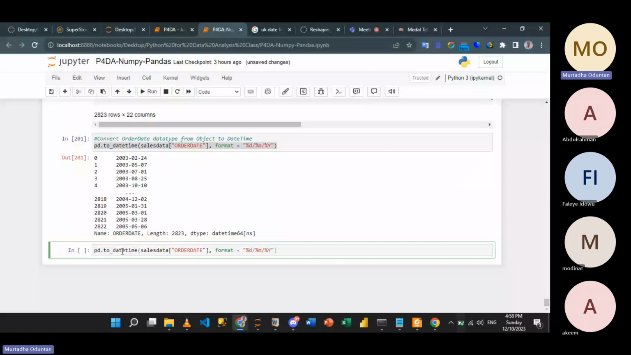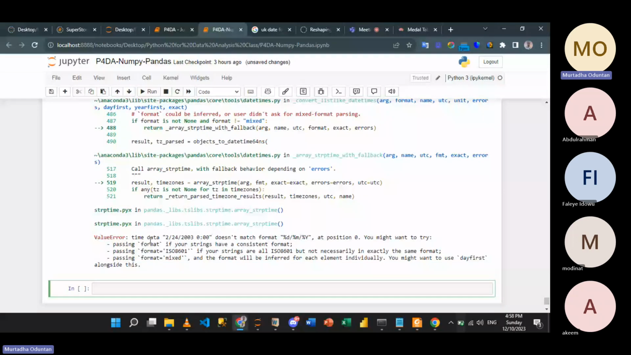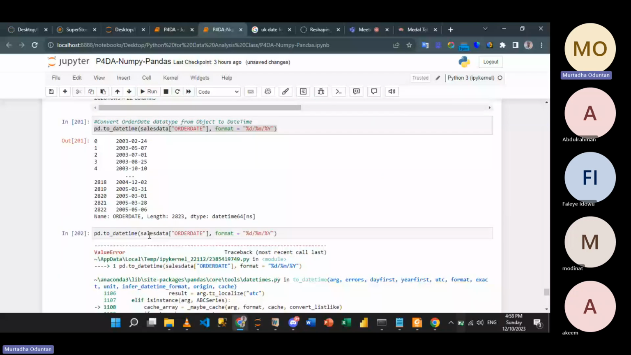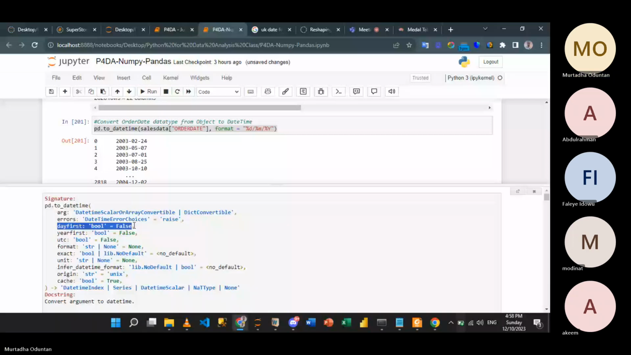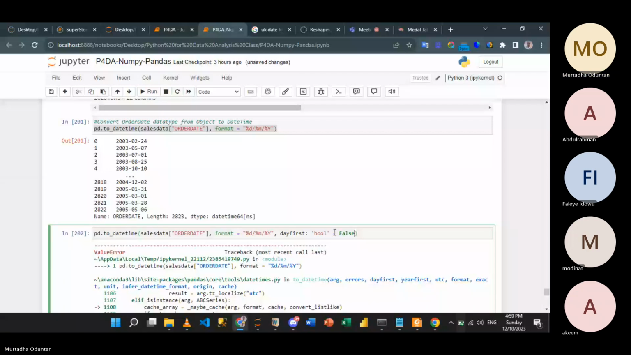So when we run this now, it says there's an error. The error is that the date time doesn't match the format. It says you might use day first along with this. So it's saying that the format we have is different from what is coming in inside the data, and it's telling us that we should have the day first argument. So if we come inside there and say day first equals to